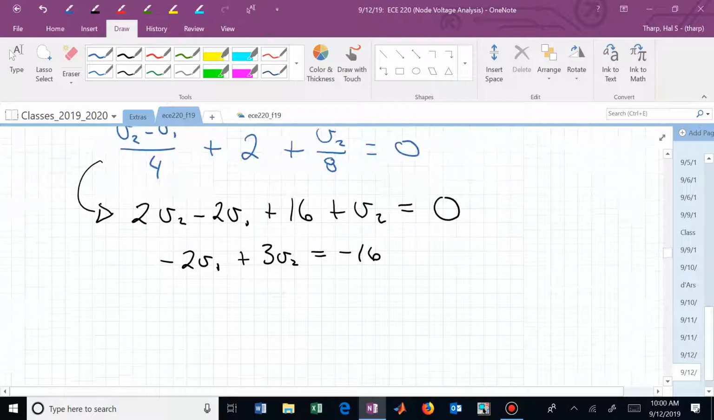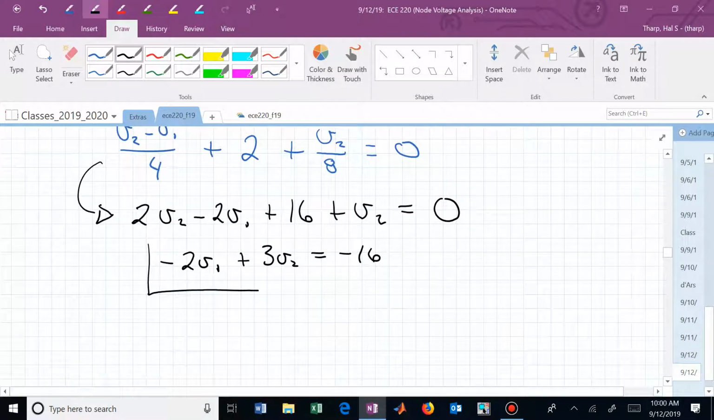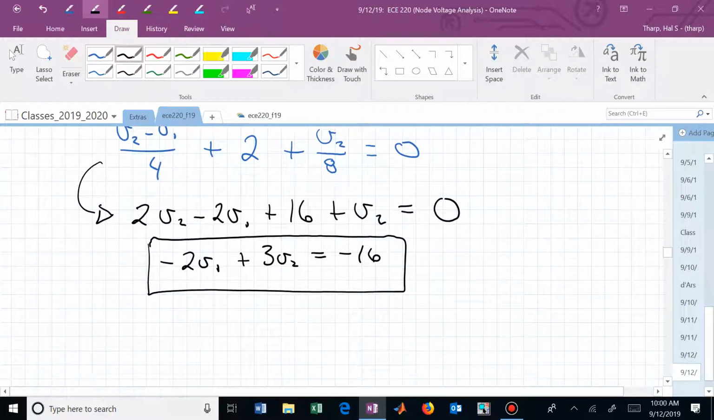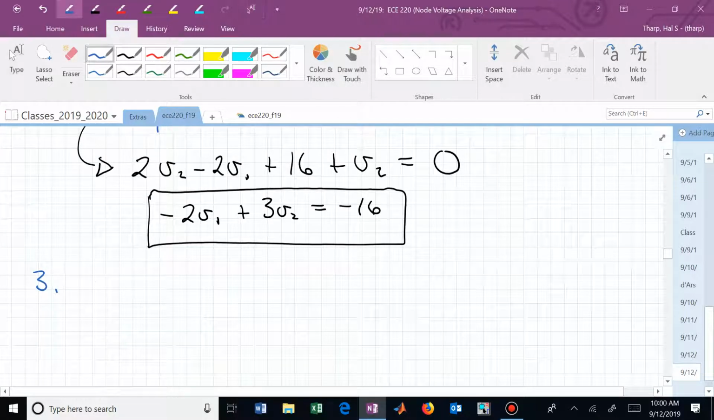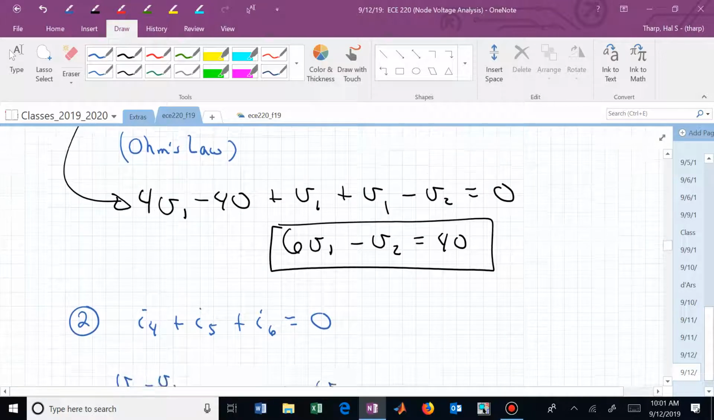Obviously, I'm walking through this with more steps than what I was anticipating. But is it clear now where those two equations came from? Now we simply, step 3 is to solve for the unknowns. Step 3 is to solve those equations. We have minus 2V1 plus 3V2 equal to minus 16. And the first equation,